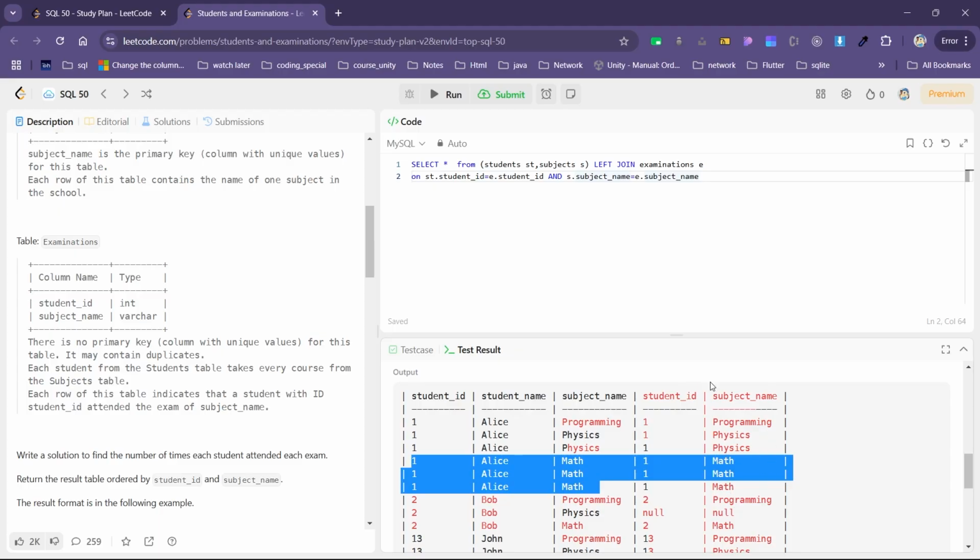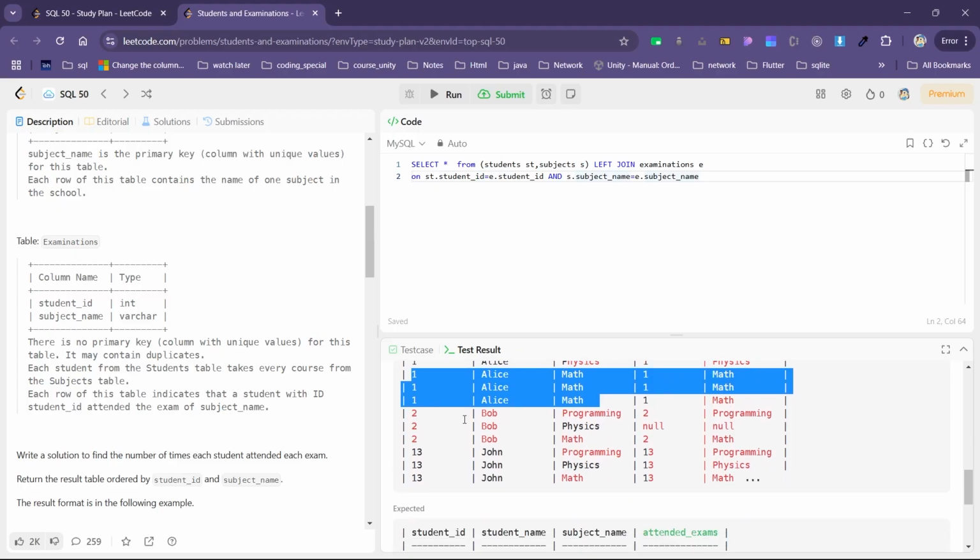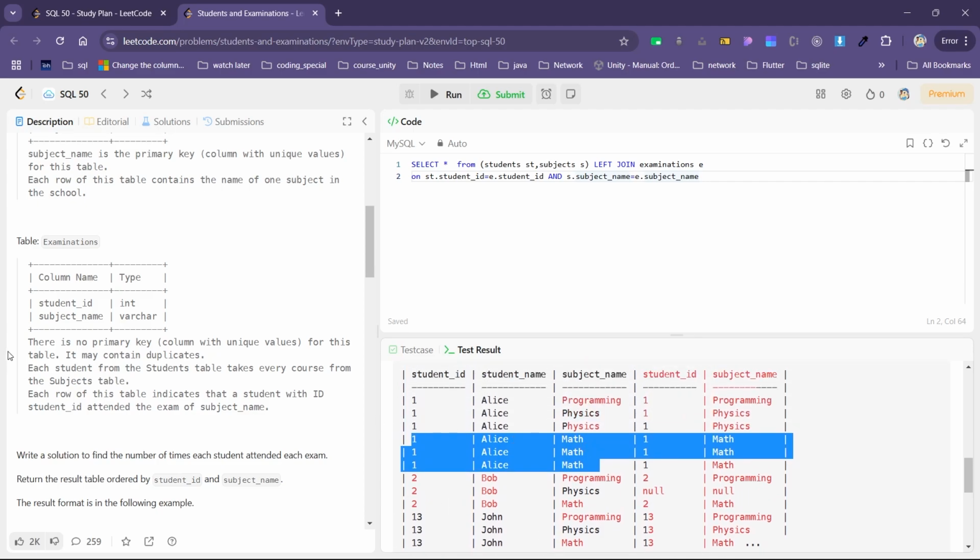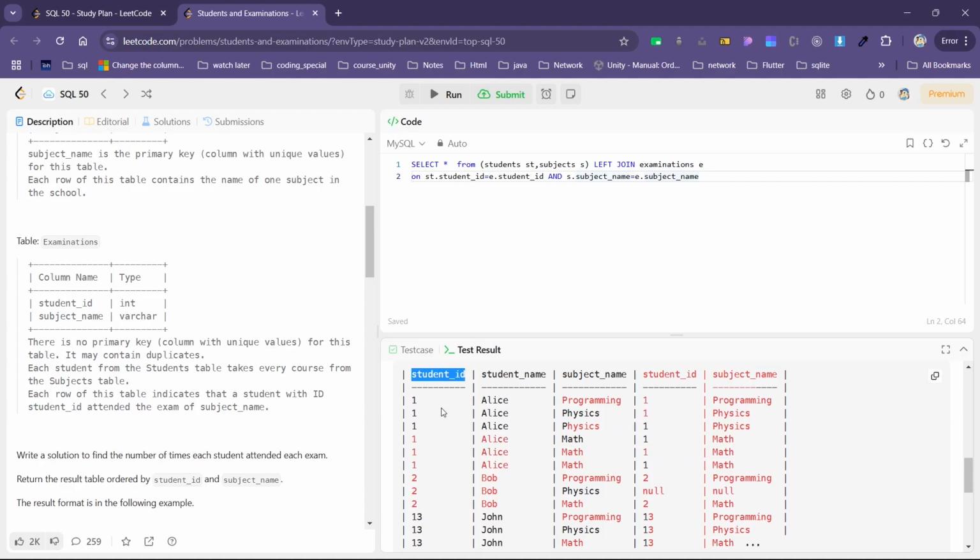Okay. Similarly for the student ID 2 and 13. Now what we want is how many times the student, this student, that is one, that we can see that